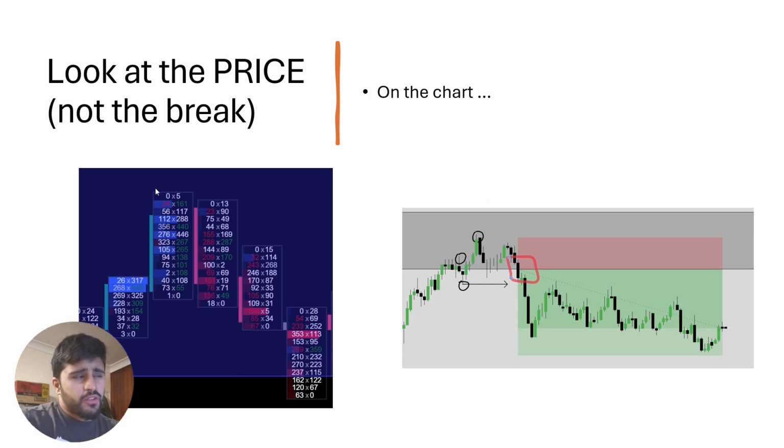What you're looking for here is when you see a lot of blue delta or a lot of positive delta, and we see a break to the downside below the fair value gap, which is what I've highlighted here in red. When you see this price action, what you need to think of is lots of buying activity, but a lack of reward. And when you see a lot of buying activity with a lack of reward, this indicates that buyers are being absorbed, right? And that's what the previous slide was